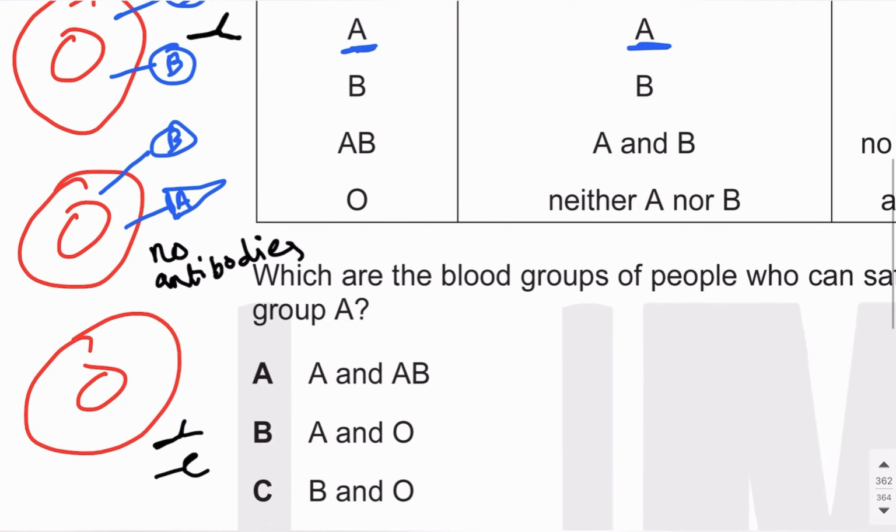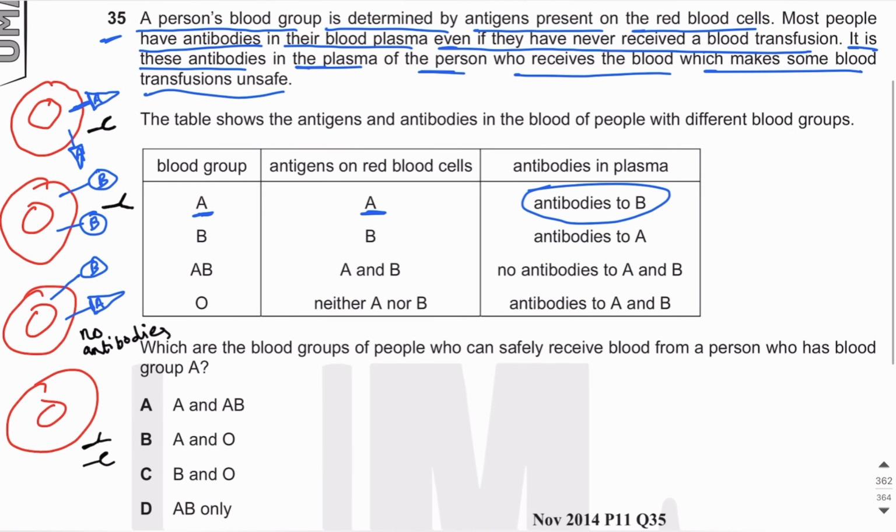All right, this is the rule. So you can see that in the table as well. If a person has blood group A, which means that this person has A as a self antigen and B as a foreign antigen, so antibody will be against B. If a person has blood group B, B will be self antigen, A will be non-self, and